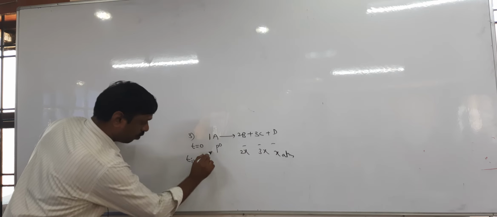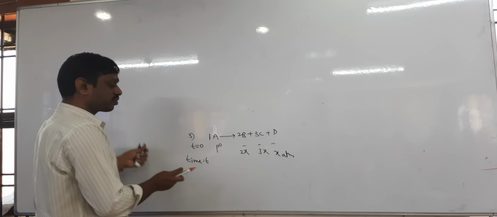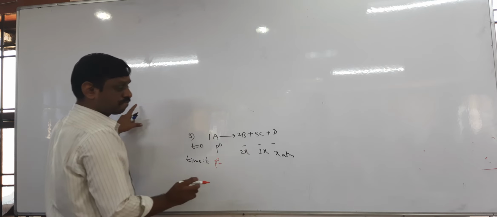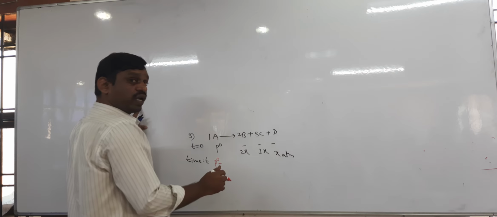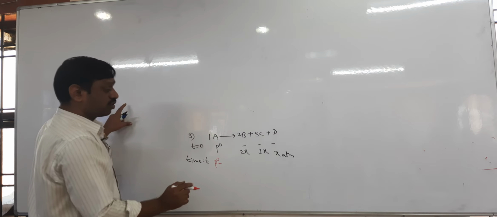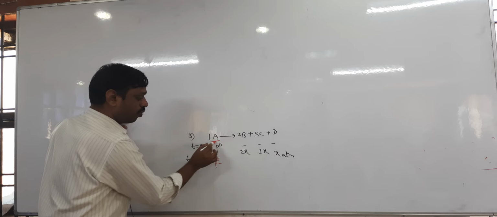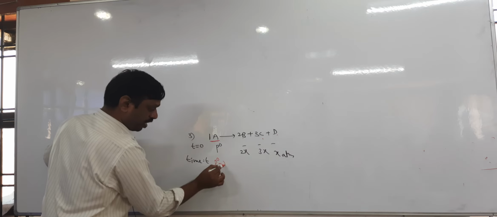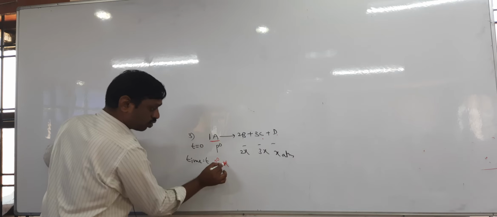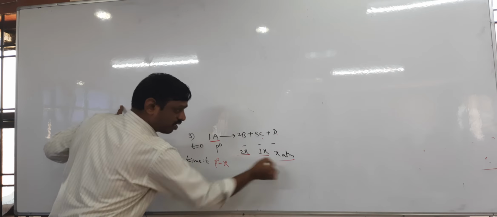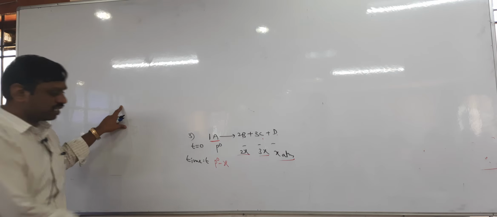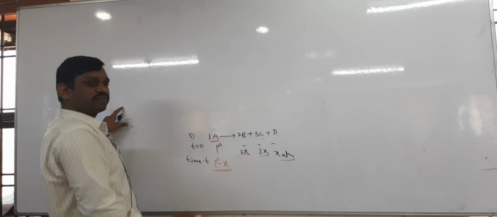Then now tell me, what about this remaining? Initially P naught is given, minus x or 2x or 3x? Minus x only, because 1 mole gives 1 mole, 2 mole, 3 mole. Therefore, if you take x mole dissociates, it gives 2x, 3x, x. Yes or no? That is a concept. That's what it is, P naught minus x only.